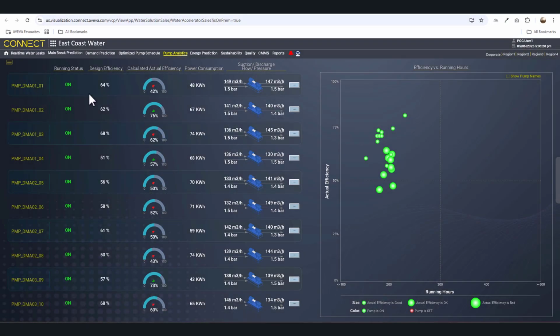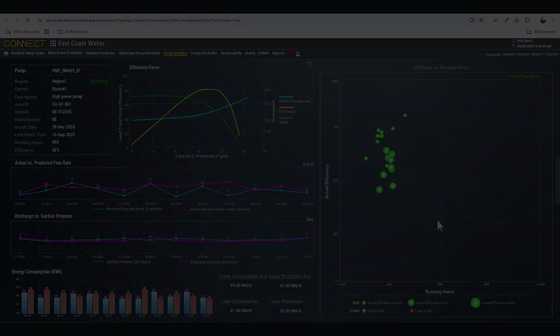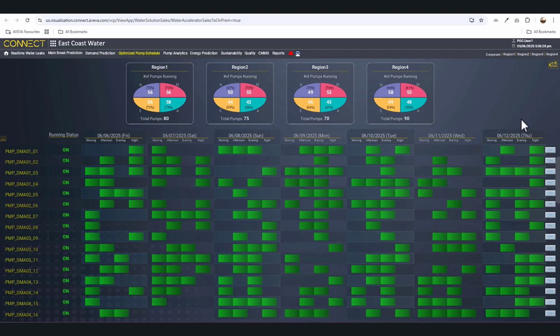Here, the solution analyzes pump performance data to identify inefficiencies and optimize pump operations to ensure utilization of the most efficient pumps first, thereby optimizing energy usage and reducing overall operational costs. Users are provided with a potential pump operation schedule that would meet predicted demand, projected out for the next 7